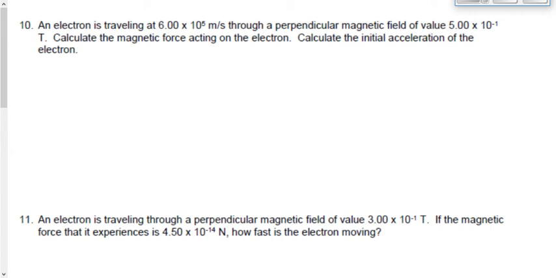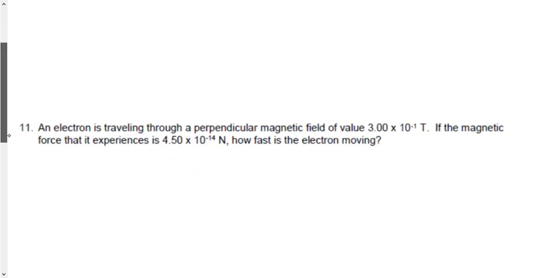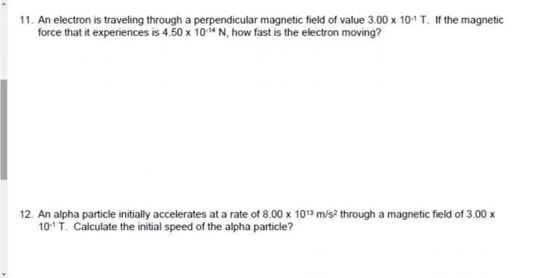Number 11 says an electron is traveling through a perpendicular magnetic field of value 3.0 times 10 to the negative 1 Tesla. The magnetic force that it experiences is 4.5 times 10 to the negative 14. How fast is the electron moving? They tell me that the electron is traveling perpendicular to the magnetic field. That's a big deal. If the charged particle is traveling parallel to the magnetic field, what would the force be then? 0, right? If it's perpendicular, then we know that the force is going to be equal to QVB, and